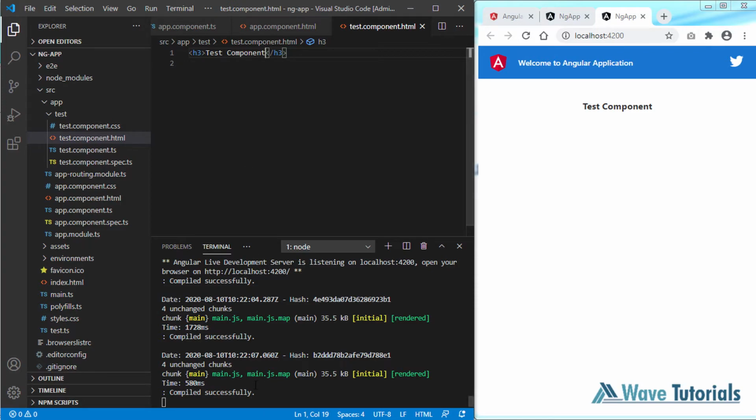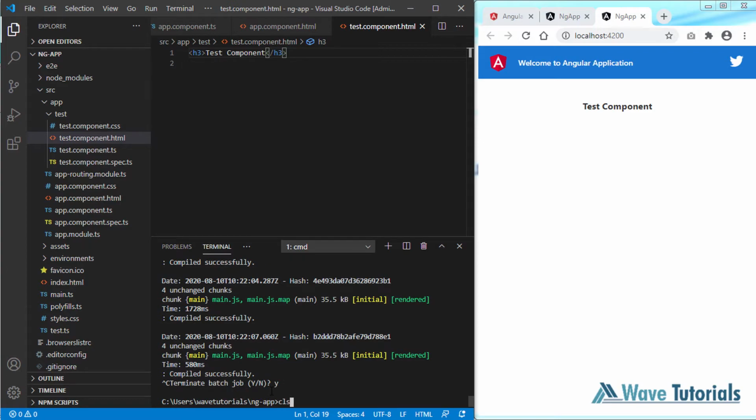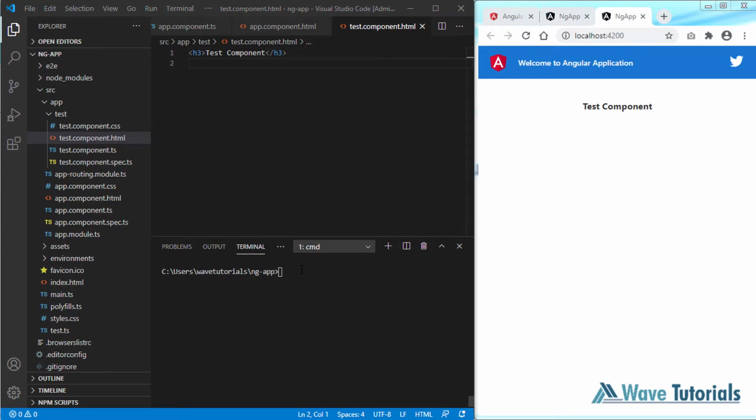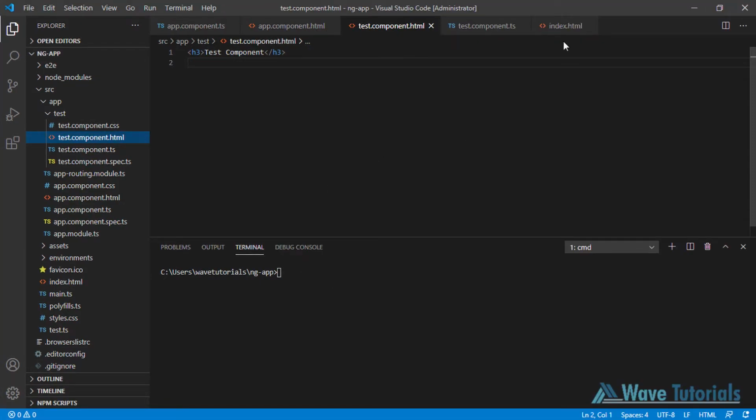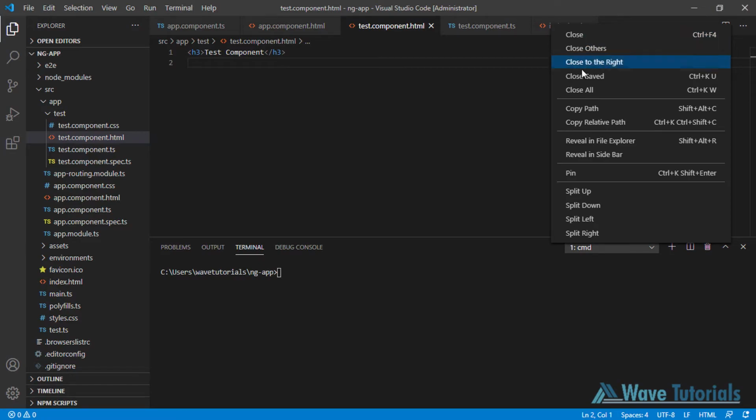So let me show you the other options as well for creating a component. For now, the command which we used here created these 4 files by default. So let's see other commands as well. Let me terminate the window again. Let's clear the screen and maximize this Visual Studio Code. Let me close all the files